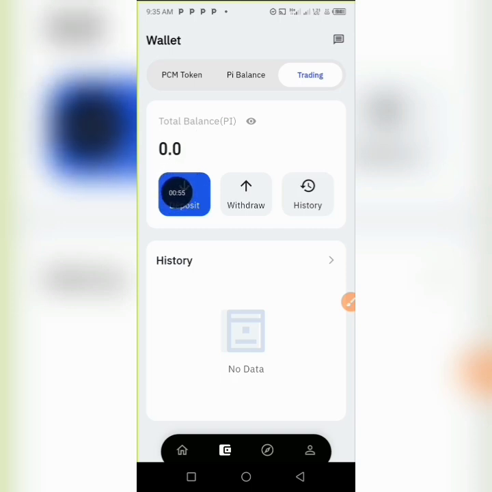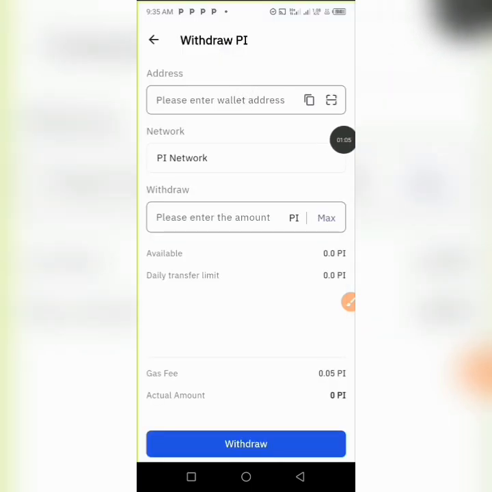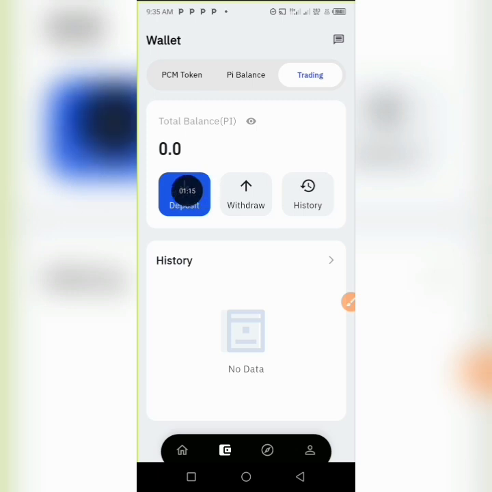If you want to make withdrawals from this wallet to another exchange or to send to any other person or any other wallet externally, you use this withdrawal section. But if you don't want to send to anybody, you just want to deposit Pi into this Pichainmall wallet directly, we are going to be making use of this option. So we'll click on that option, then we click on deposit,